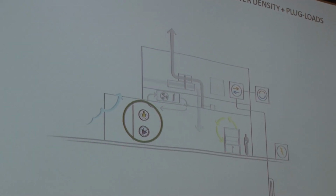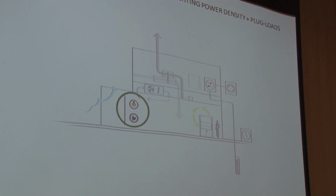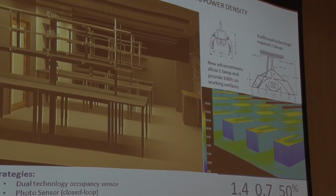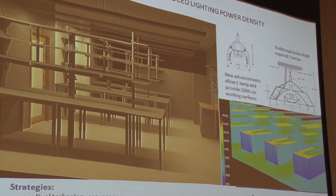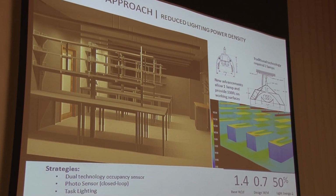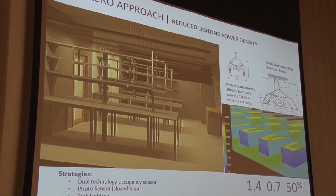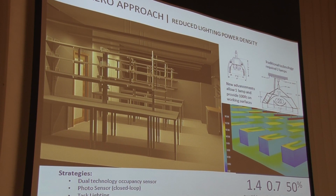Lighting, power density, and plug loads are another key driver here. So we want to keep reducing these loads through the lighting design. Our target now is a 50% reduction compared to the code allowance for lighting, which is an aggressive goal, but we're being very careful about all of our lighting designs and testing multiple options, doing actual lighting simulations to make sure we're getting the right amount of light on the surface in the space while minimizing the amount of electricity